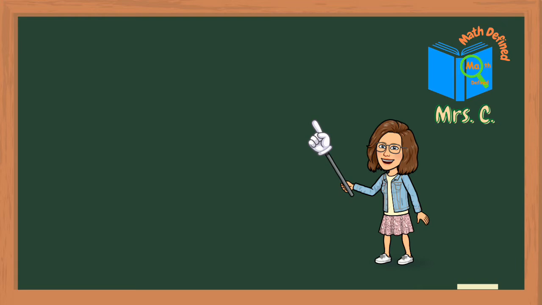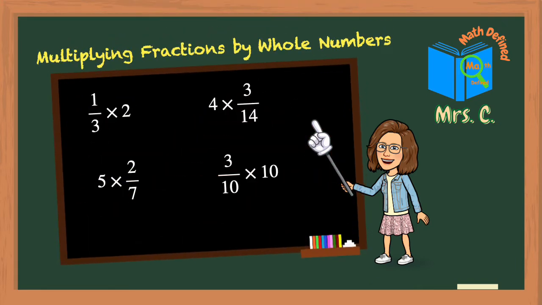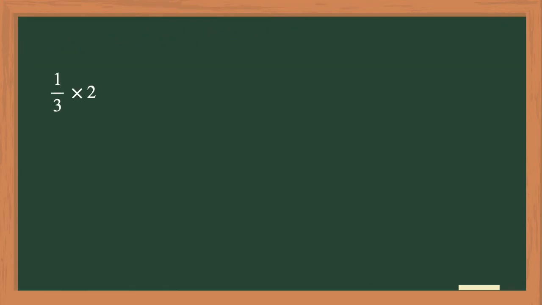In this video, I will show you how to multiply a fraction by a whole number. Let me begin by saying that when you are multiplying with fractions, all the numbers that you are multiplying with must be in fraction form. This means that any whole numbers will need to be rewritten as equivalent fractions before you can begin the multiplication